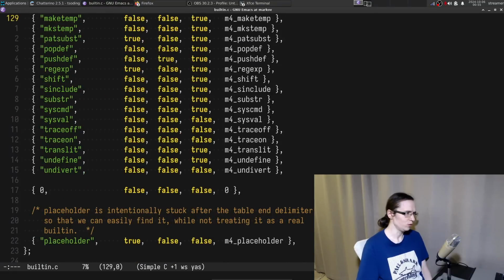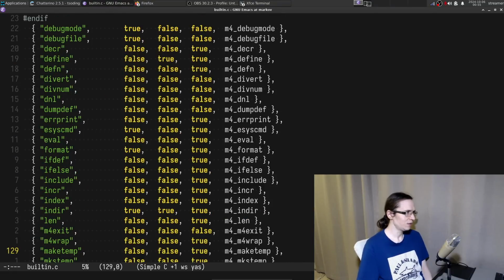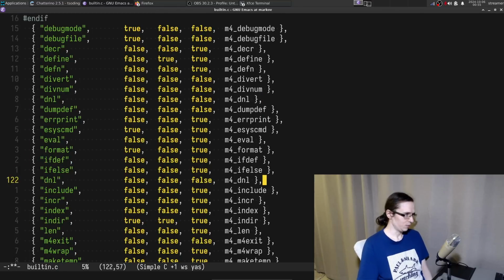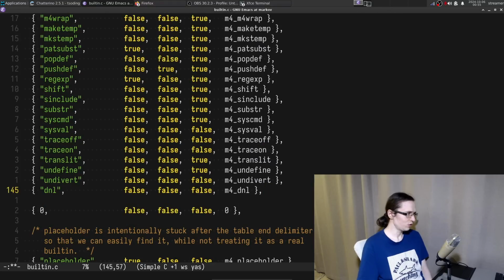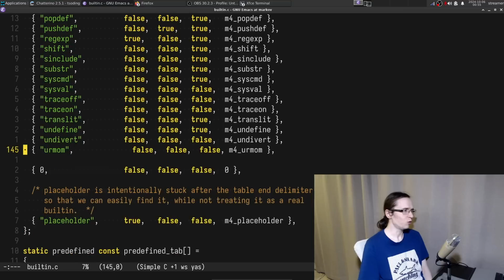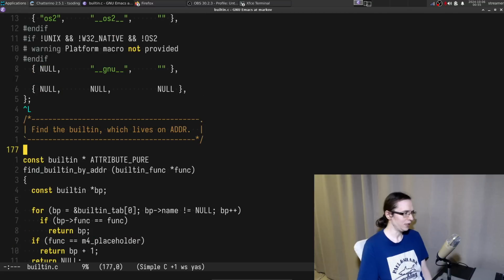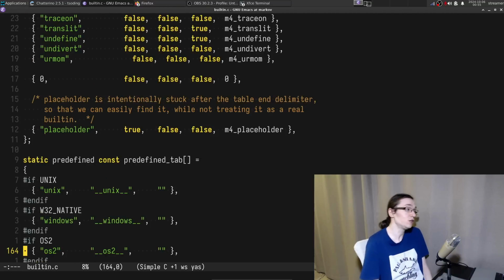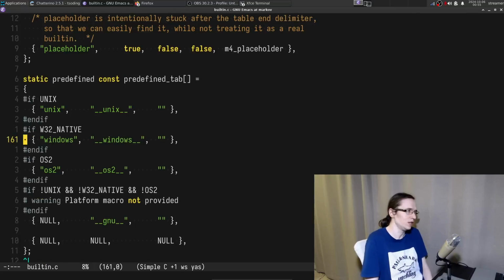So some of these things are GNU extensions, some of them are not. I suppose we're going to assume that they're all false, because the standard ones in here are all false. Okay, so let's go ahead and try to maybe introduce your mom. Right, so this is going to be M4 your mom. So M4 DNL, I'm going to literally grab this entire thing. I'm not going to follow this nice convention of defining new pages and having these sort of boxes in there. Maybe I could. Okay, listen, maybe I could.